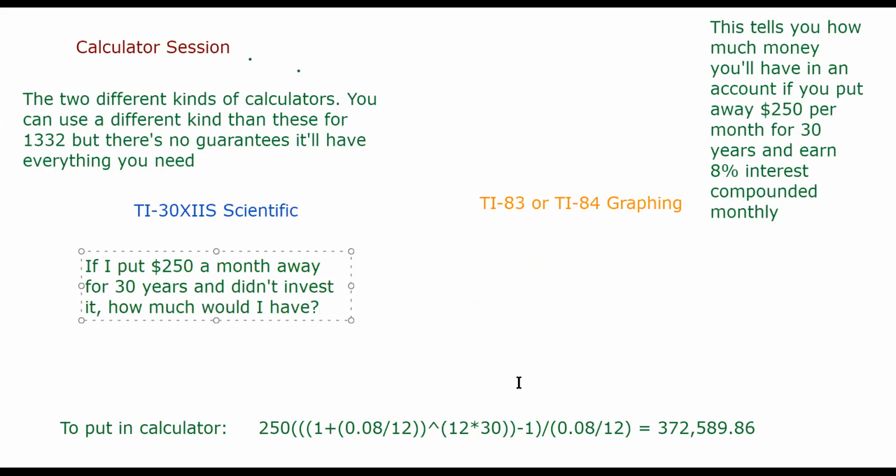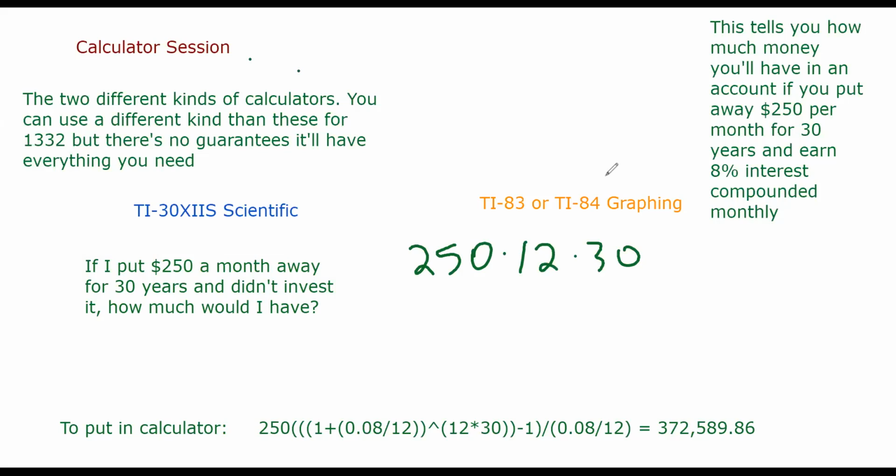Well, think about it. You've got $250 a month, you're doing it 12 times a year, 12 months a year, for 30 years. So if I do 250 times 12 times 30, you're going to end up with $90,000,